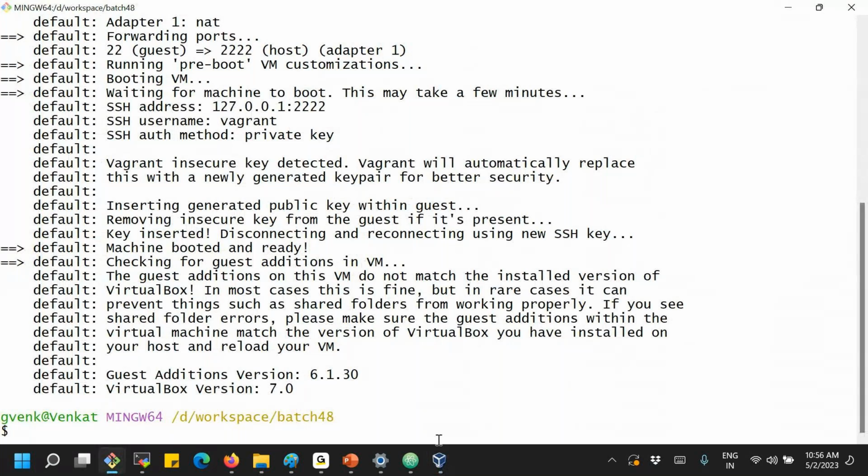So one more Vagrant command, just run vagrant ssh. So the next command is vagrant ssh.